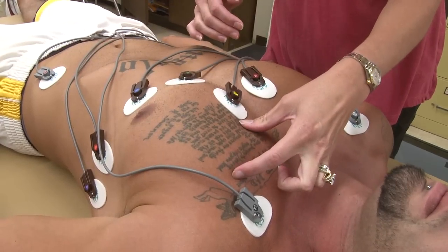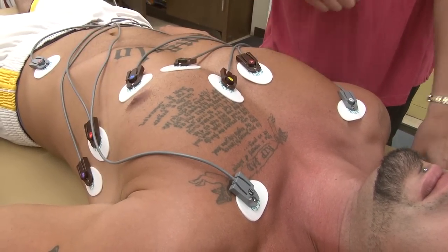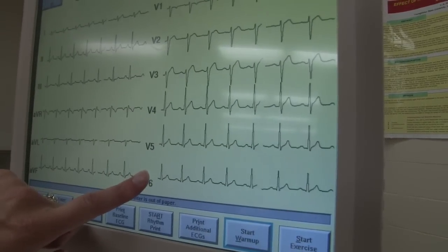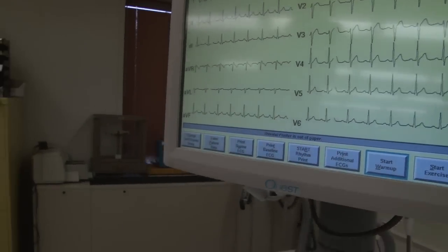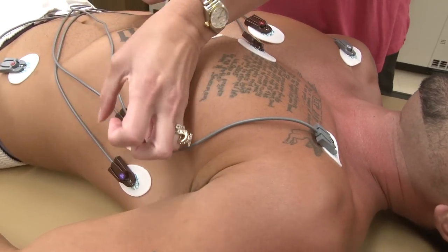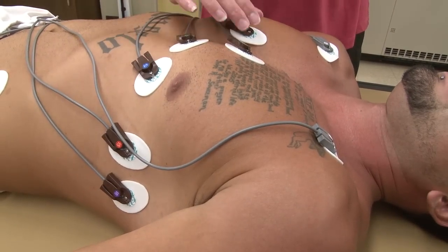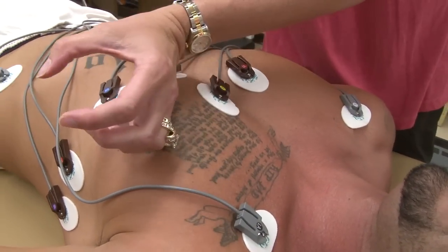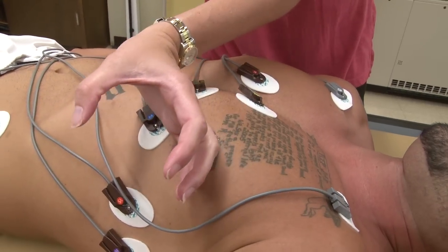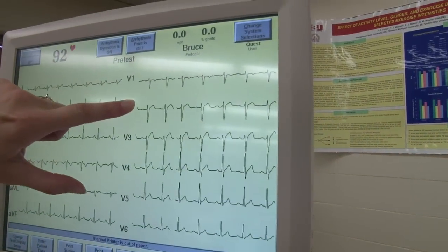So when you have a positive wave going towards a positive electrode, it creates a positive deflection on the EKG screen. So you see that V4, V5, and V6 are positive waves. And again, that's because with the heart sitting this way and the positive wave that the contraction produces, it's going towards the positive electrodes of V4, V5, V6. Now on V1 and V2, that positive wave is going away from these 2 positive electrodes. And because that positive wave is going away from them, we see more of a negative wave, meaning that they're